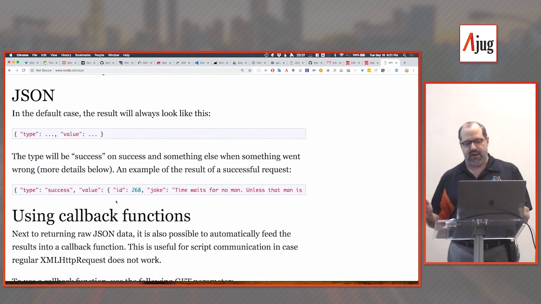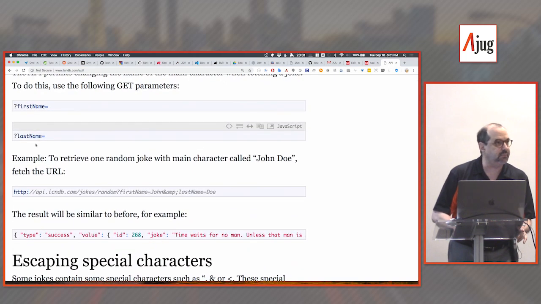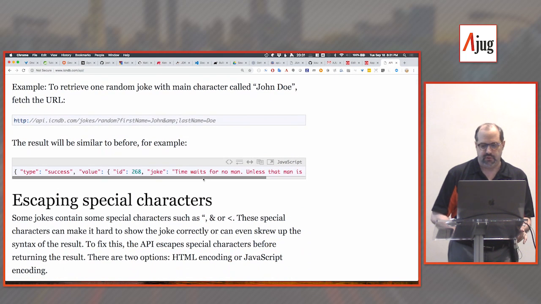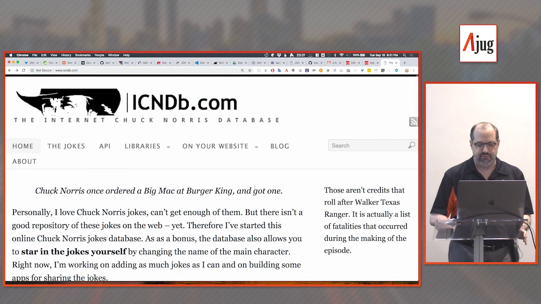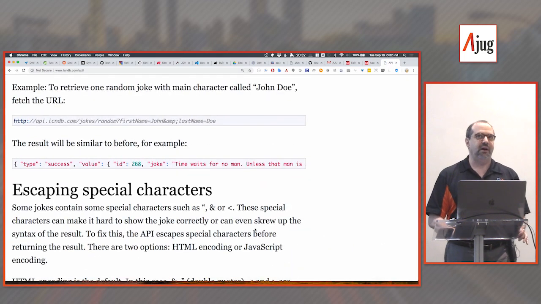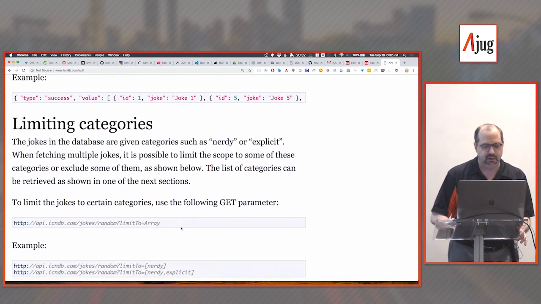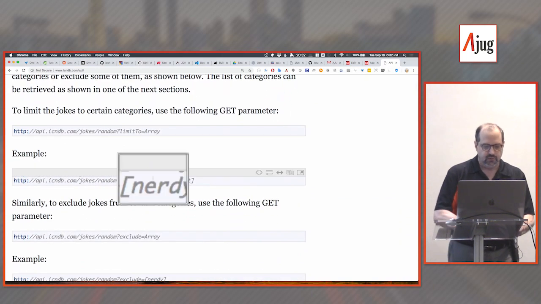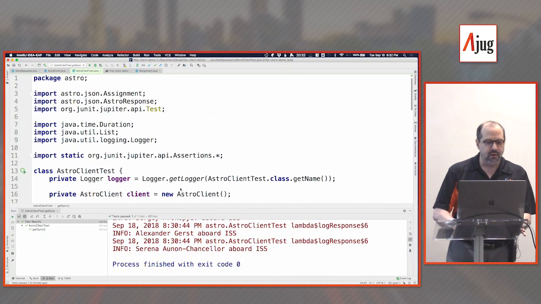Now, the thing is that some of these are not really suitable for public consumption. So I have to put a filter on here where, by the way, I could change the first and last name of the hero. And like here, time waits for no man unless that man is John Doe as opposed to Chuck Norris. You know, that was my favorite, most interesting man in the world commercial, was if opportunity knocks and he's not home, opportunity waits. You know, I like that one. But at any rate, you don't just fetch a random joke. Instead, I put in a limiting category where I limit it to the nerdy category. Okay? Now, with that in mind, here is